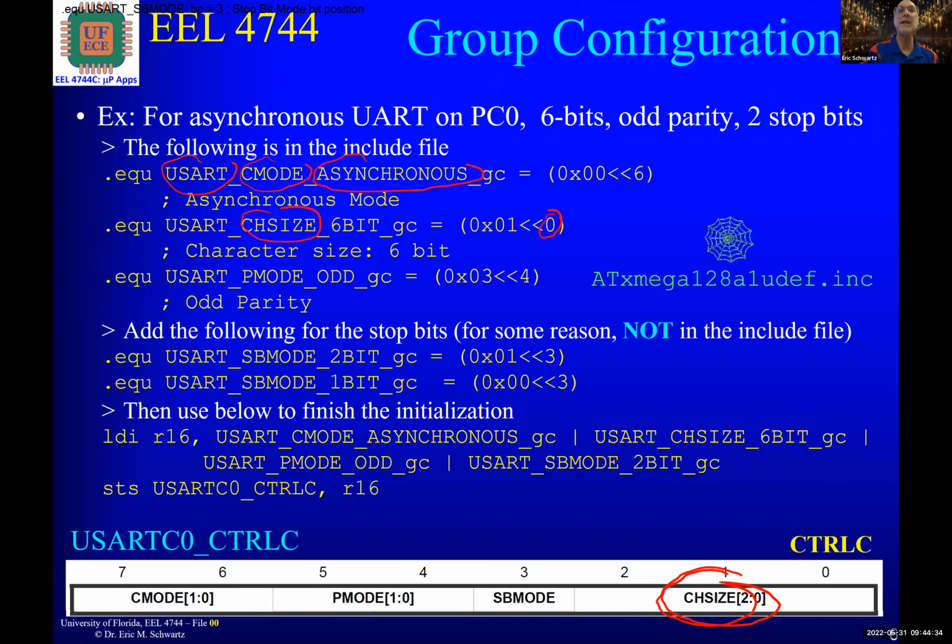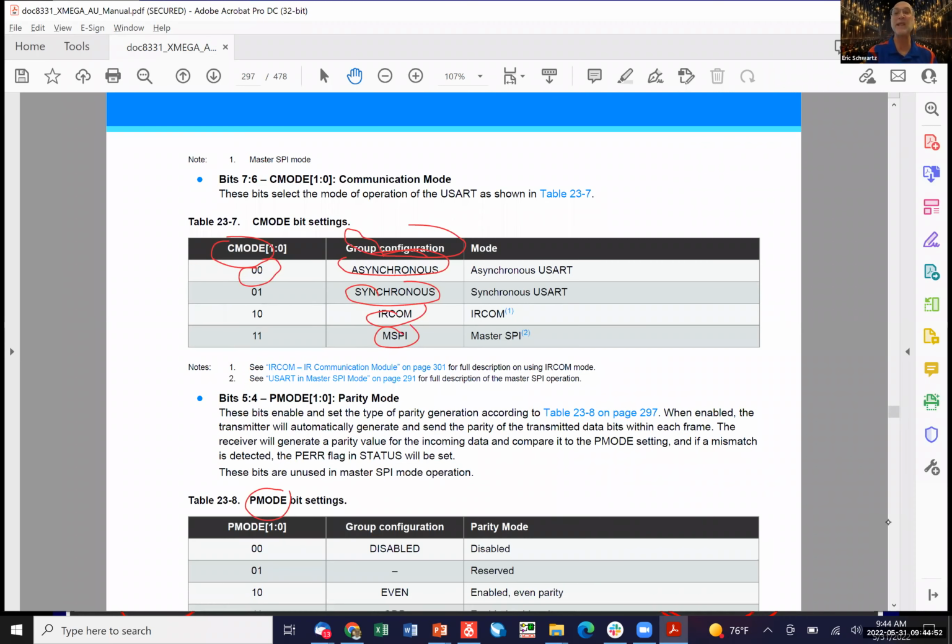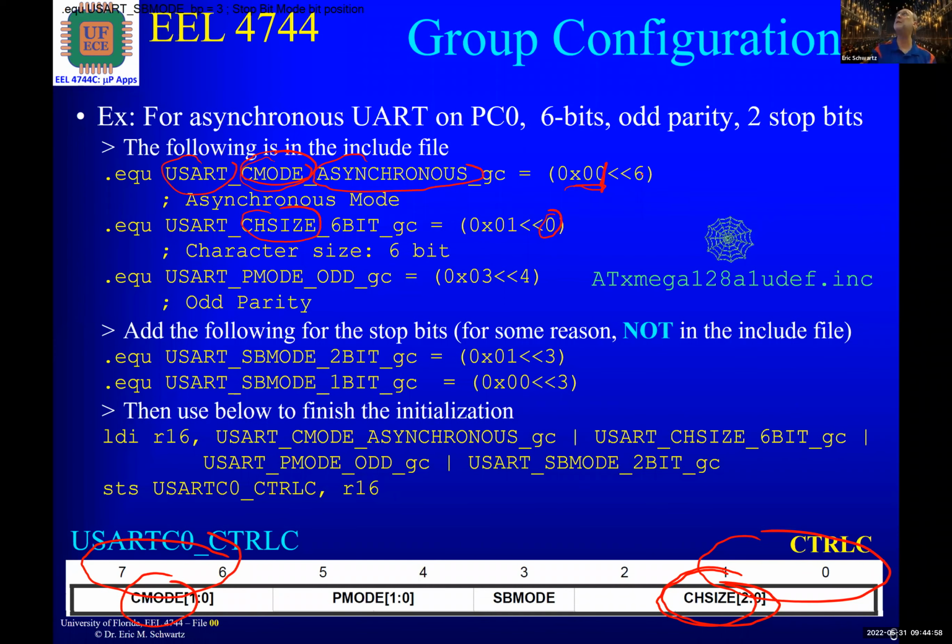But this C mode thing is way up here. And so we have to write the number that we wanted to put here, which is actually 0, but then we're shifting it 6 bits over to put it in bits 6 and 7. By default, it would be in bits 0 and 1. Now, if we did synchronous instead of asynchronous, we put a 0, 1. So this would be a 0, 1 shifted 6 bits